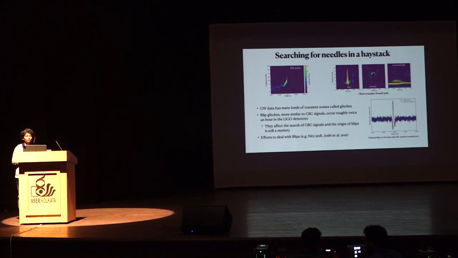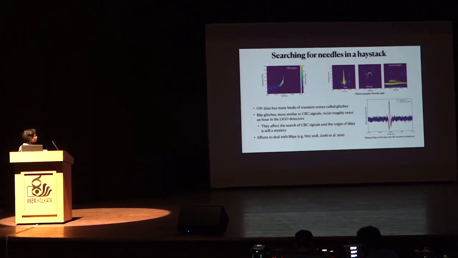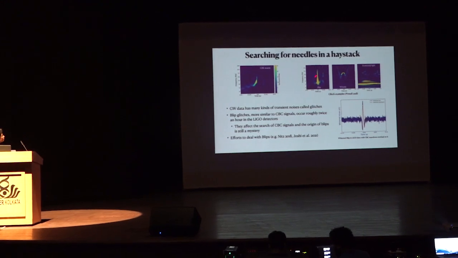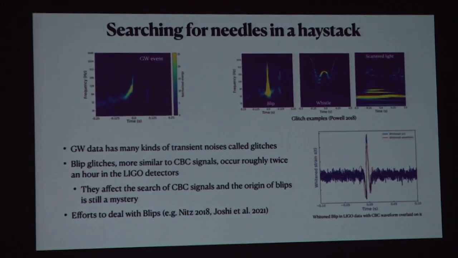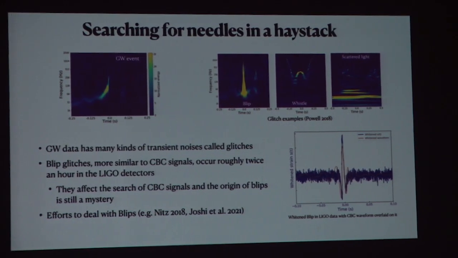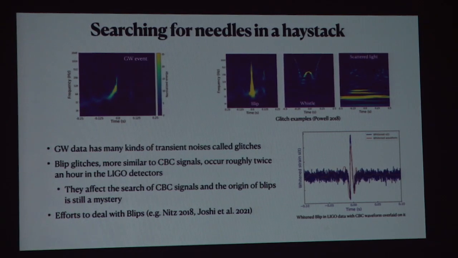So searching for these signals is like searching for needles in a haystack. Apart from just the background, the Gaussian-like noise that is there in the data, there are also other transient noises called glitches, and here are some examples shown of various glitches in the frequency versus time domain. So there are many of these glitches. One of them is this blip glitch, which has a similar morphology to a gravitational wave signal, and the occurrence of the blip glitch is very high in the data, and it has been extremely difficult to distinguish these blip glitches from the